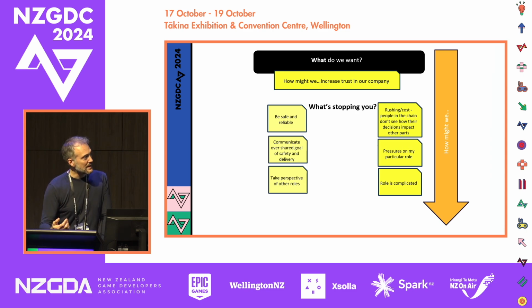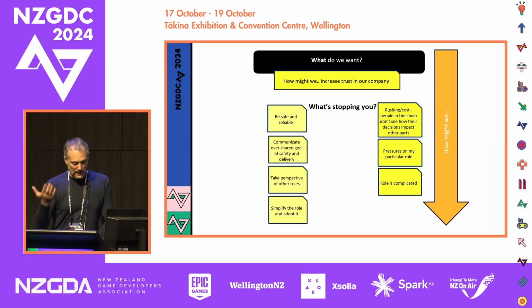I can't break it down into one thing and say, you can remember this. That's fair enough. So how might you do that? Well, if I could simplify the role, then I could have someone adopt it, right? So at this point, we could just get down into the real problem: they need to be able to collaborate and talk about their roles really well with each other. They seem to be focusing on that. So we can stop at that point and say, we're going to be having a game where you're going to be taking each other's roles, right? It's pretty clear at this point in the design where it might lead.